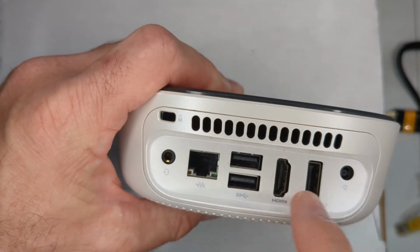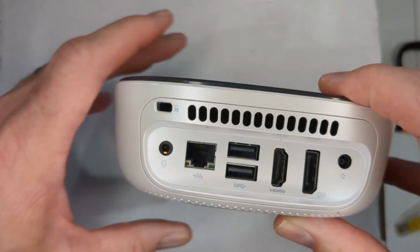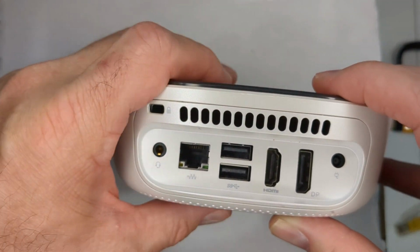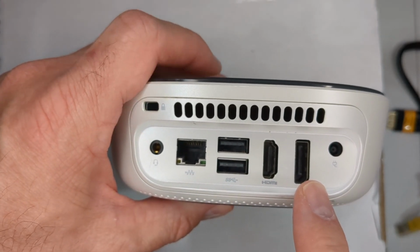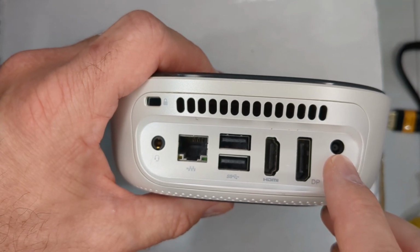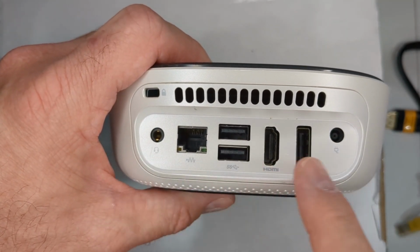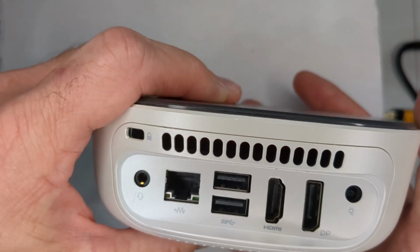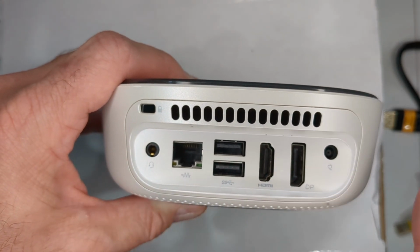Power for this is actually a 45 watt power supply, 19.5 volts, 2.31 amps. And what was nice was I was looking through my collection of power adapters that I had saved from various laptops that I had e-wasted, and I found one that actually worked with this. Just because when you buy these online, you can sometimes get them with the power adapter. A lot of them don't,